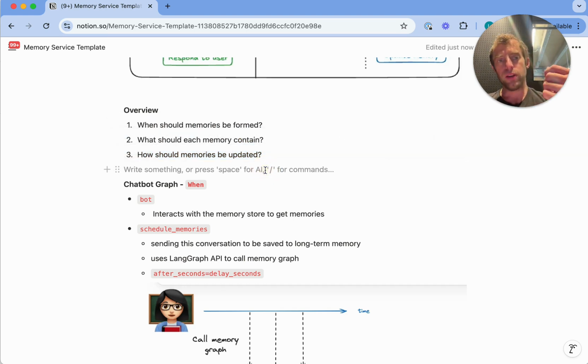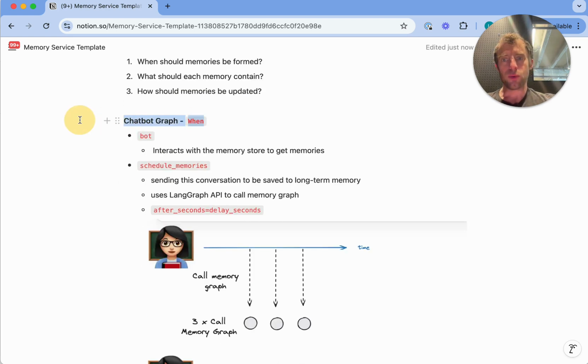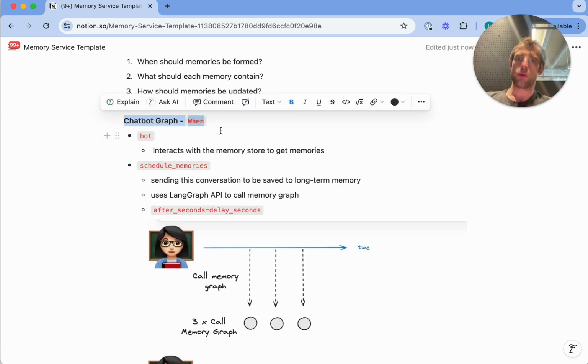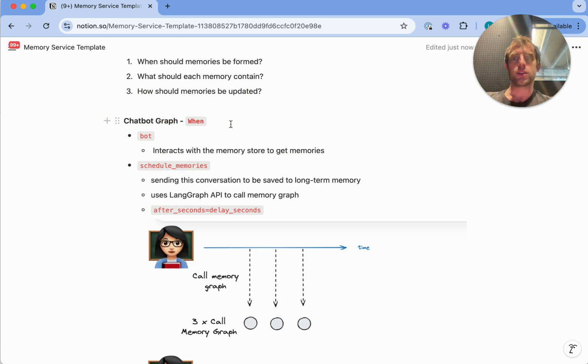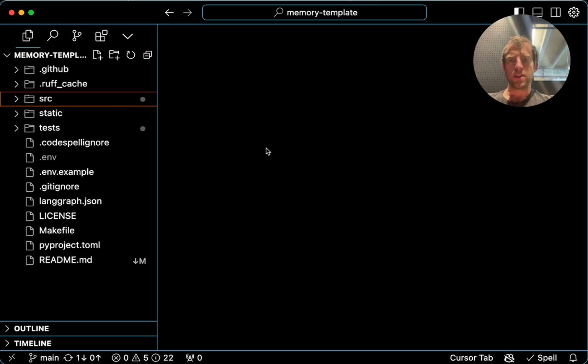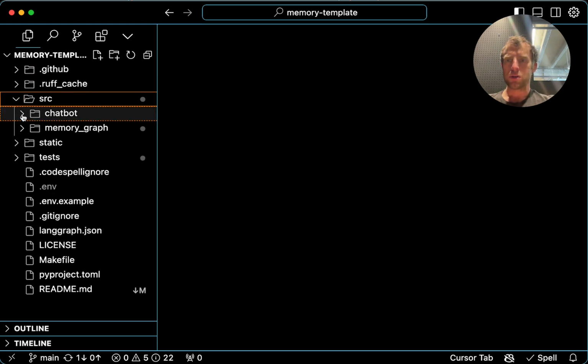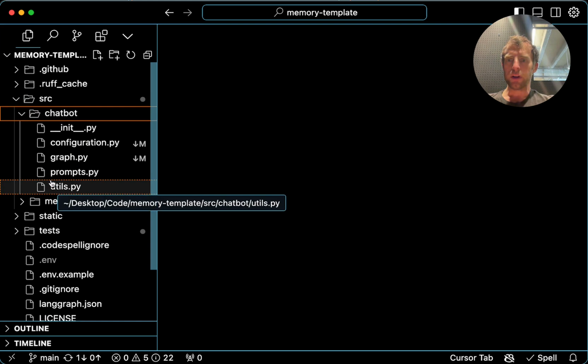We'll talk about each one of these, and we'll walk through the code to help reinforce that. So first is the question of when memory should actually be formed. Let's go ahead and look at the chatbot code to see how that's working. So I'm in the template repo now, open up the source, open up chatbot, and we're going to go to